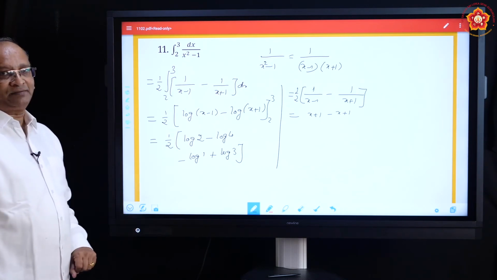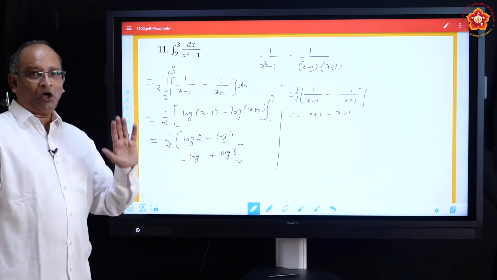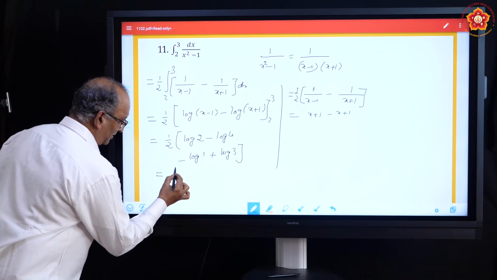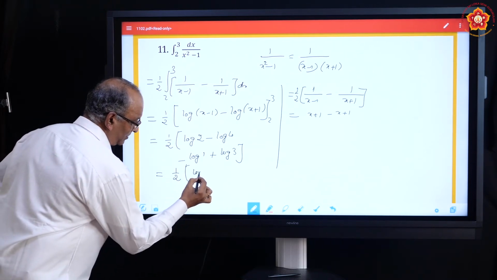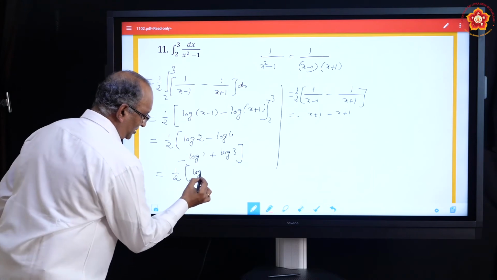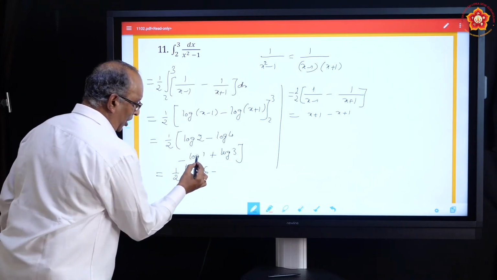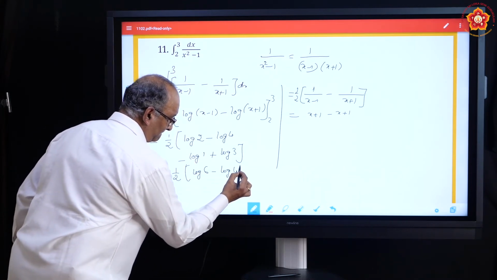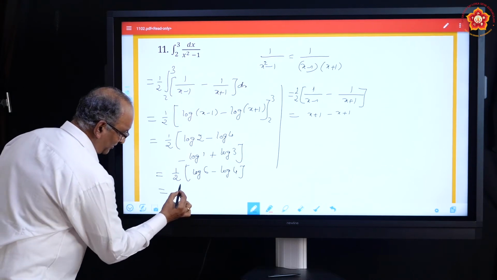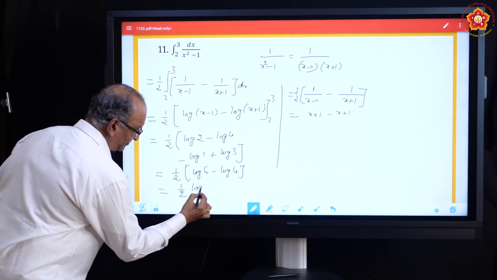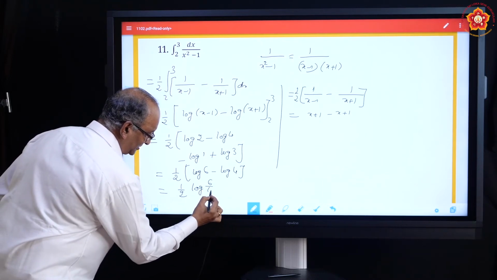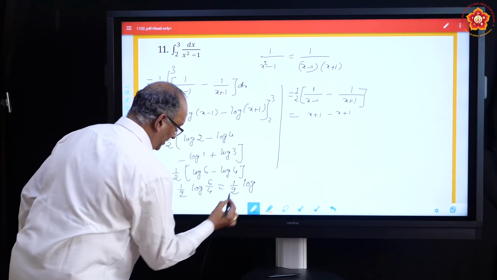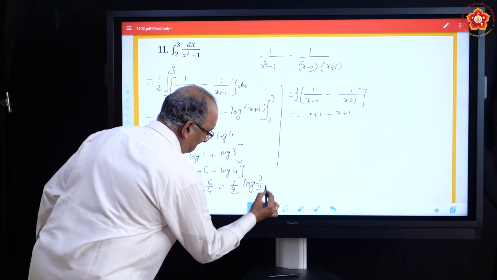How do you combine? Log 2 plus log 3. Log m plus log n is log mn. Okay. So 1 by 2. Log 2 plus log 3 will become log 6 minus log 1 into plus log 4 will become log 4, which can be written as 1 by 2 log 6 by 4. 6 by 4 can be written as 3 by 2. So the answer is 1 by 2 log 3 by 2. This is the answer